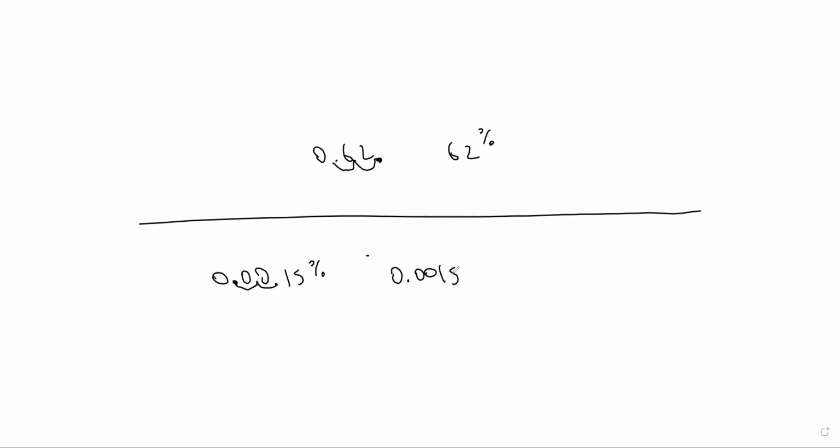Like our original 0.15% is a really small number. Like it's almost 0%. So it makes sense that this number is going to be pretty close to 0. So yeah, this is like a particular question where they'll move it over once, or they'll move it over 3 times, or they'll move it in the opposite direction. I think it's because they're expecting a certain answer. But yeah, just move it twice and you'll be good to go.